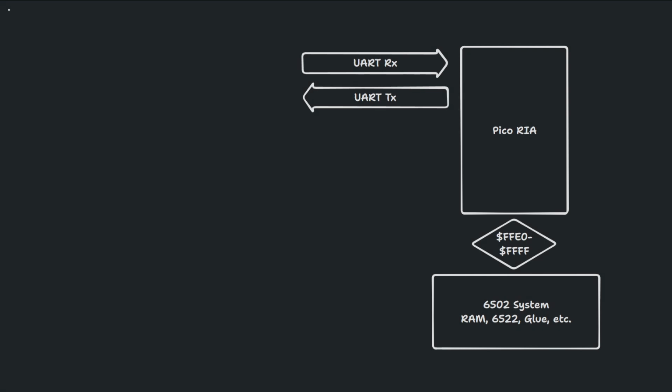Here we see a minimal Pico computer. It's one Pi Pico and a 6502 system. It doesn't matter what the 6502 side of things looks like. You can have fun changing that all you like, as long as the 32 registers get mapped into the Pi Pico RIA. In this minimal configuration, you'd connect something to the RIA UART to control the 6502. This will always be a supported configuration for hardware hackers.